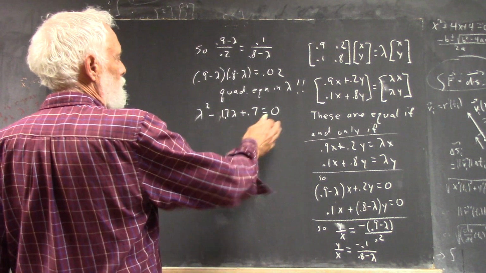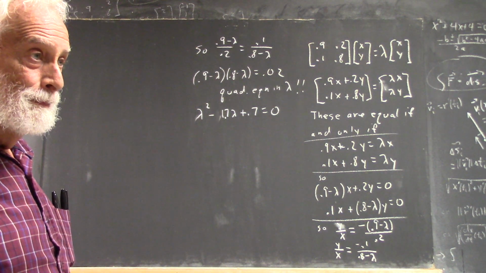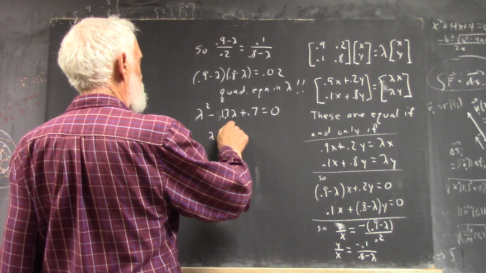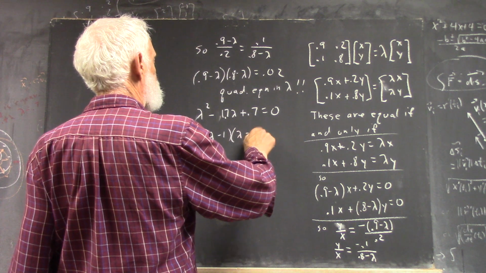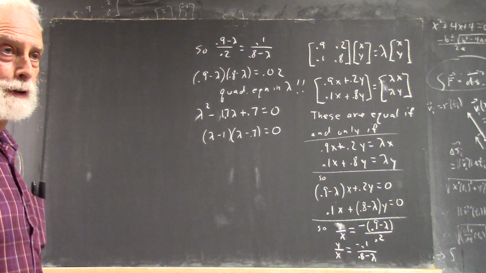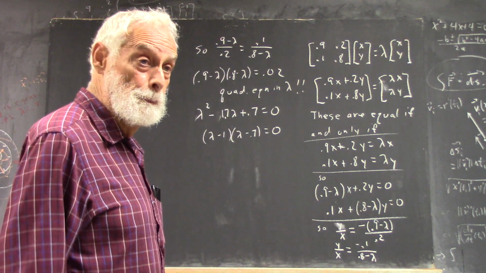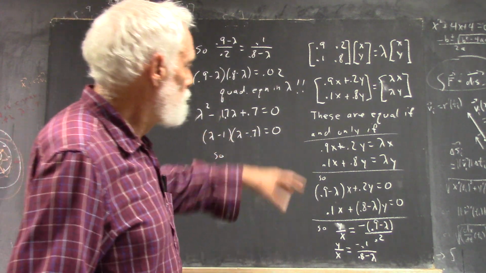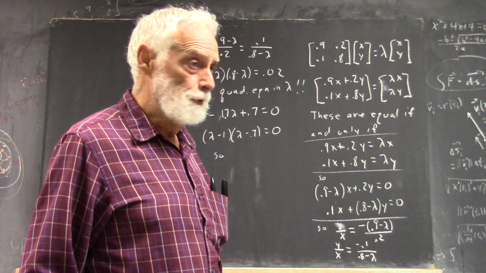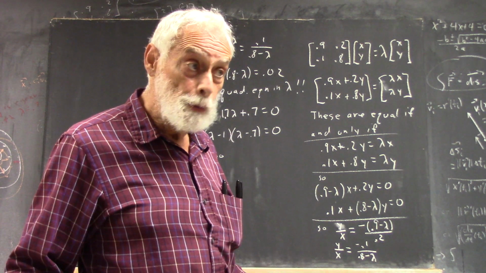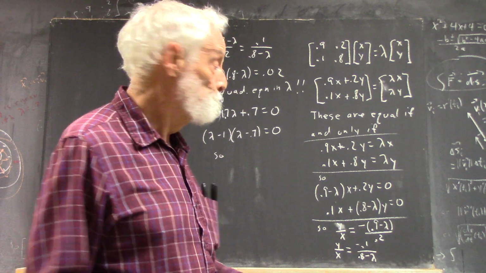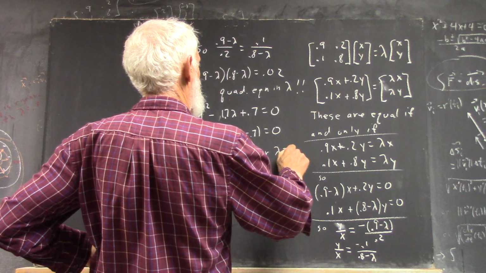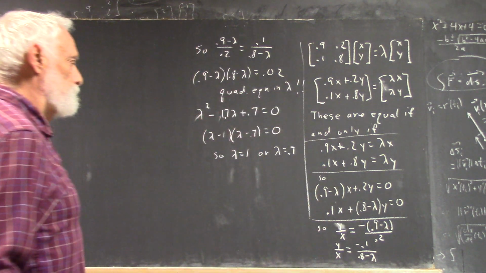And lo and behold, this factors. Anybody see how it factors? Well, probably not instantly, so I'll just write it down and you'll believe me. You get lambda minus 1, times lambda minus 0.7, equals 0. You can verify that by multiplying it back. And usually, if I write a little different matrix, you're probably going to get numbers that don't factor and you have to use the quadratic formula, but it's always going to work out. Okay? So, lambda's 1 or